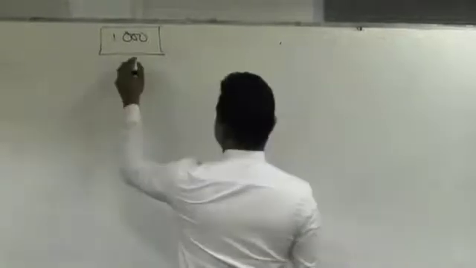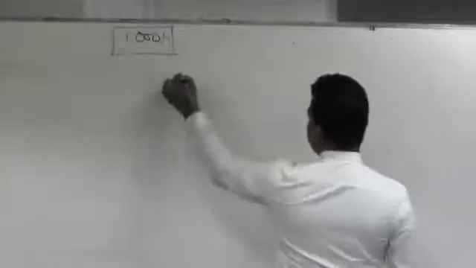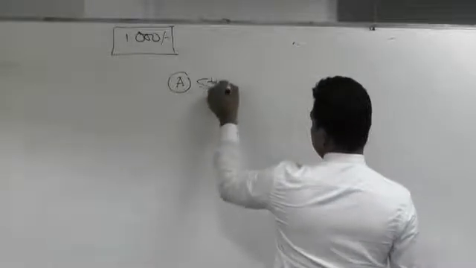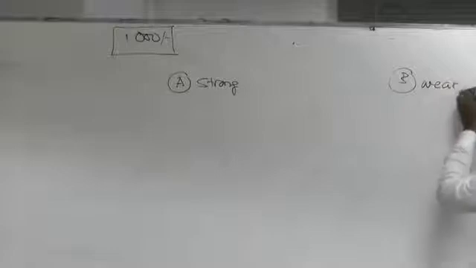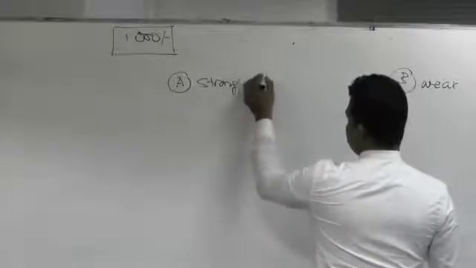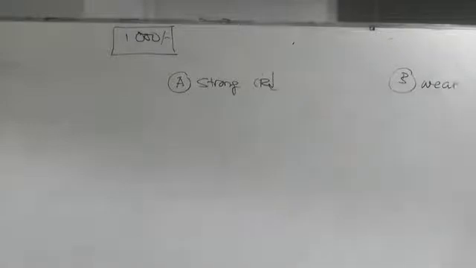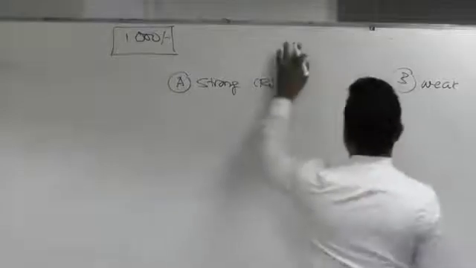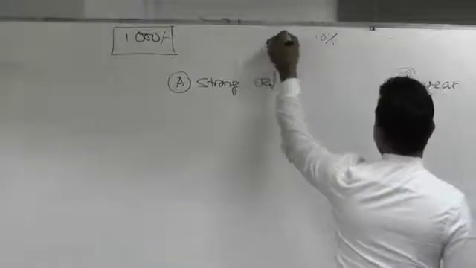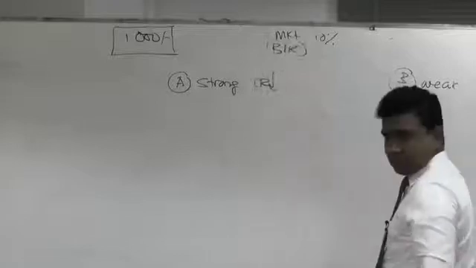Right? And it is stated as a 1,000 worth bond. There are two companies. Company A, a strong company, and company B, a weak company. Weak means credit risk is very high. Strong means credit risk is very low, right? When they are going to issue a 2-year bond, say the market interest rate is 10%. Today the market is at 10%, that is the benchmark rate.